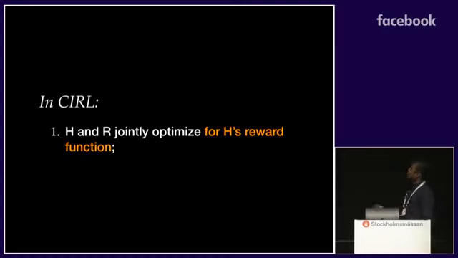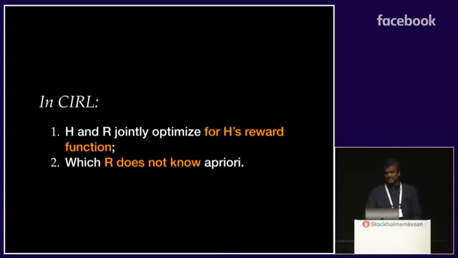In Cyril, there are two key things that make it slightly better. Number one, the human and robot are modeled as jointly optimizing the human's reward function. What this translates to is that the robot is incentivized to maximize reward for the human. And secondly, the robot does not know a priori what the human's true reward function is. This incentivizes the robot to learn what the human really wants, and at the same time, it incentivizes the human to help teach the robot to maximize long-term gain, because the human will recognize that the robot is helping her maximize